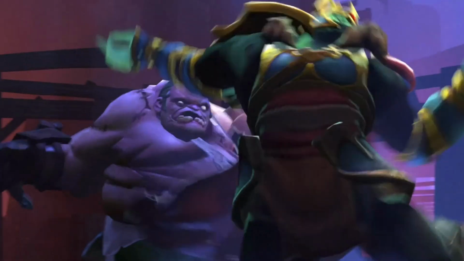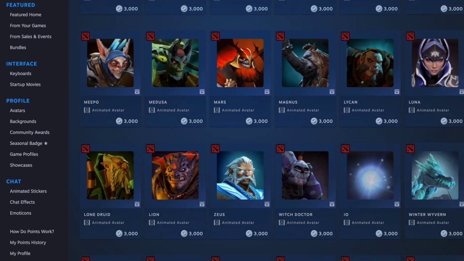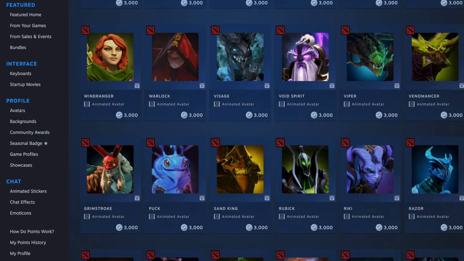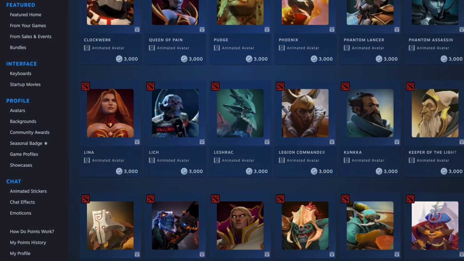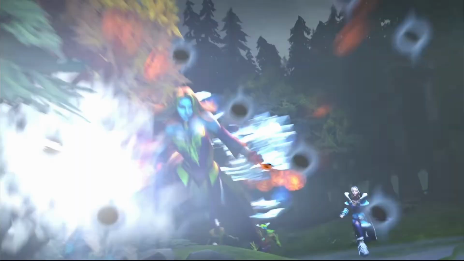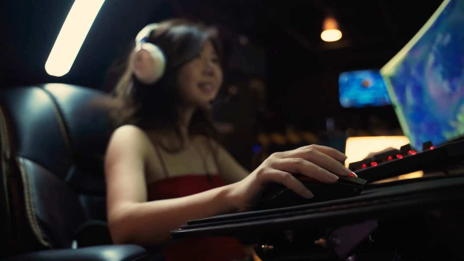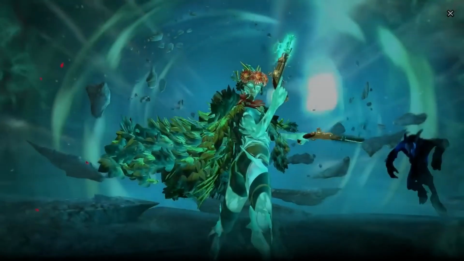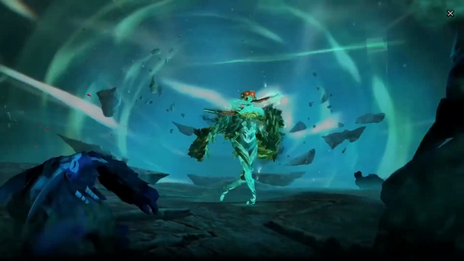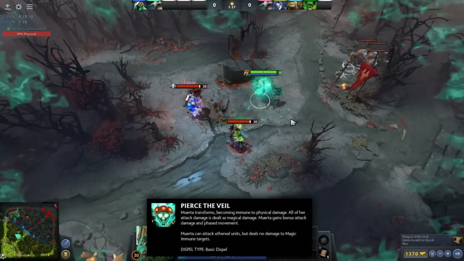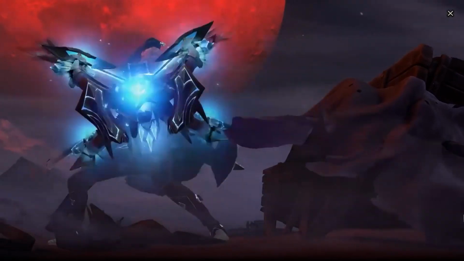Here are a few characteristics of Dota 2. Starting off, we have multi-character. This game has a staggering array of 124 unique heroes, each boasting their own distinct strengths and abilities. The excitement never stops as developers continually introduce fresh updates, unveiling new heroes and enhancing existing ones with additional skills and power.